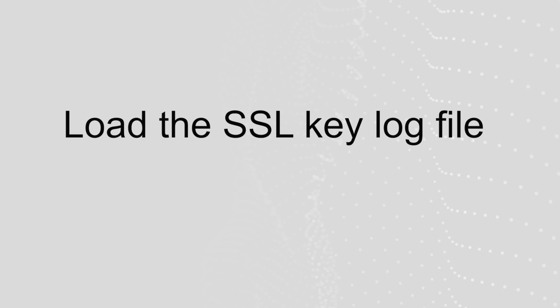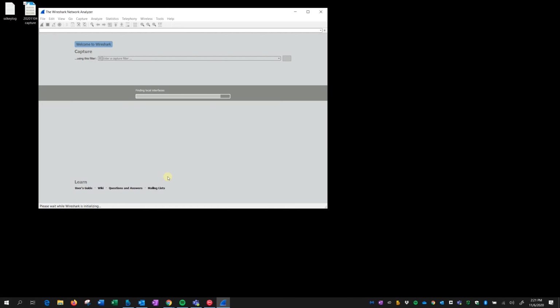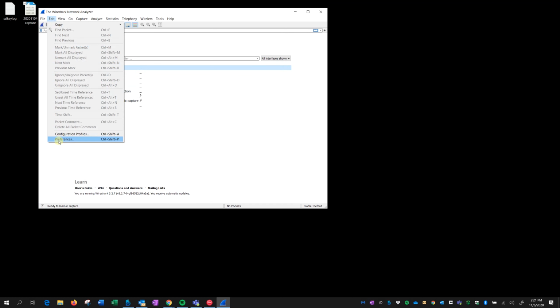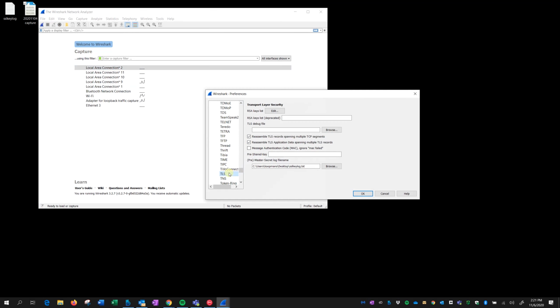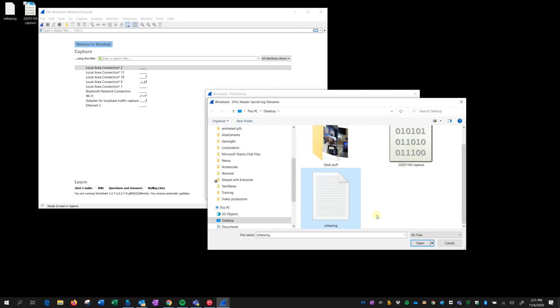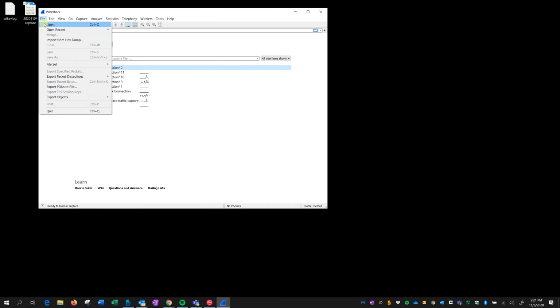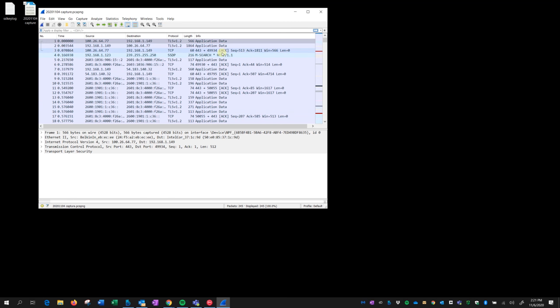After you capture the SSL session keys, you can load them into a tool such as Wireshark. To do so, open your tool on the client system. In Wireshark, go to Edit, Preferences, Protocols, TLS. For the pre-master secret log file name, select Browse and locate the session key file you created. Select OK and open the packet capture. The SSL sessions are now decrypted.